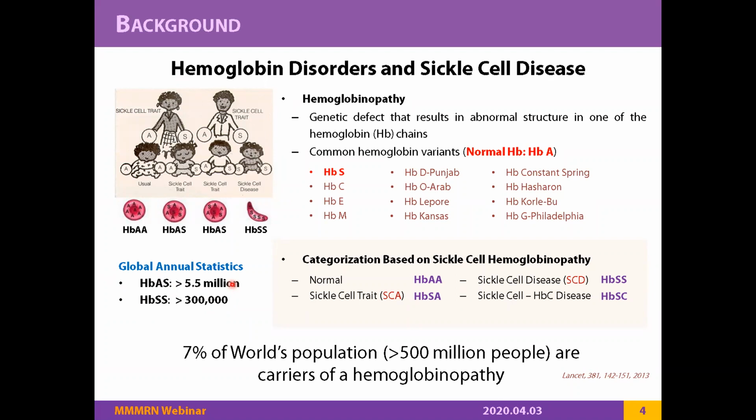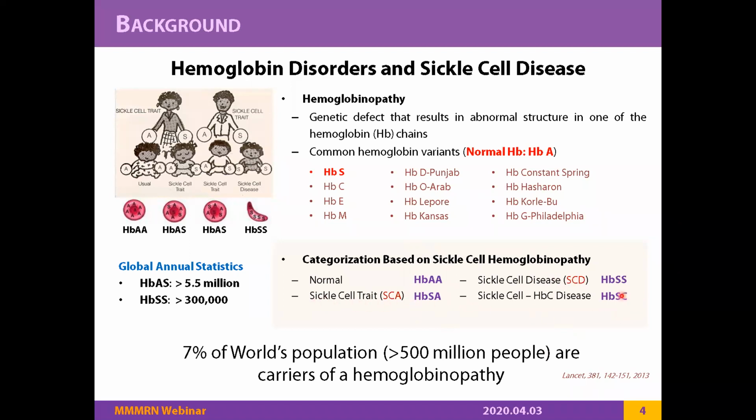And the disease has severe consequences. So just briefly to discuss sickle cell disease, the sickle cell hemoglobinopathy can be categorized like this. The normal is the normal or controlled hemoglobin type that someone has if there are no hemoglobin variants. And based on the combination, you can have hemoglobin SS, that's the disease, just as I said, then trait, and